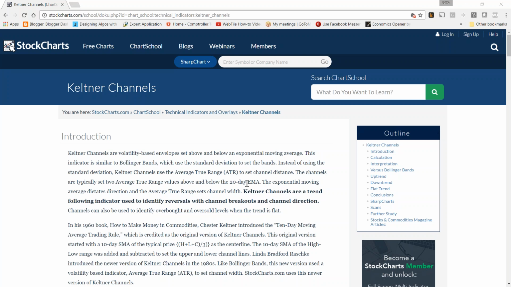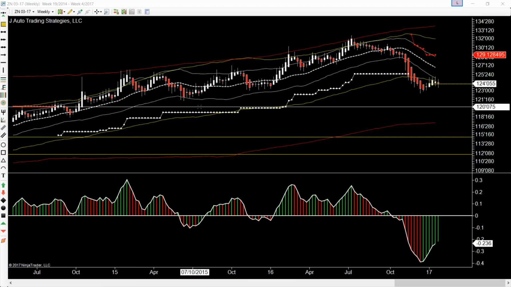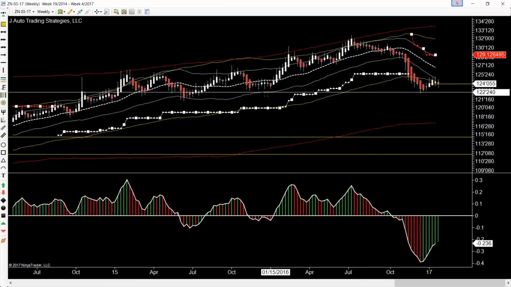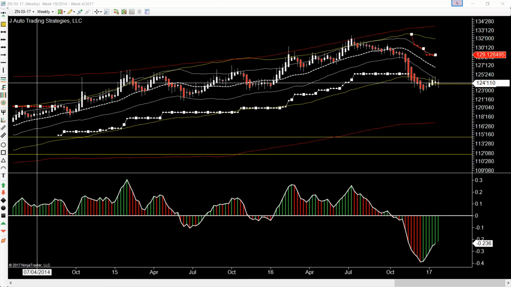I trade mainly this type of concept: standard deviations, volatility, and ATR. Linda changed the 10-day SMA over the high-low close divided by 3 into what we're using currently, modifying an ATR. And when I put that together with my volatility filter, as well as tricking out some candles on my entry chart,